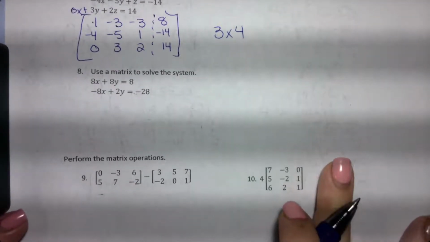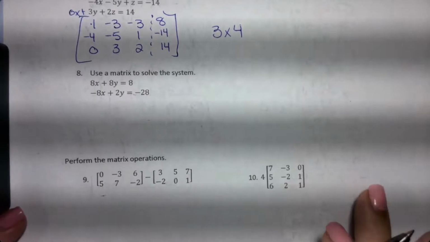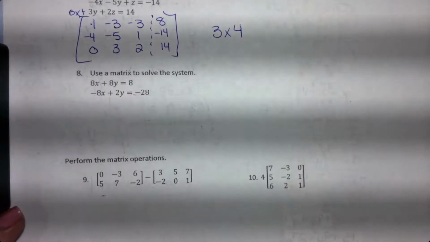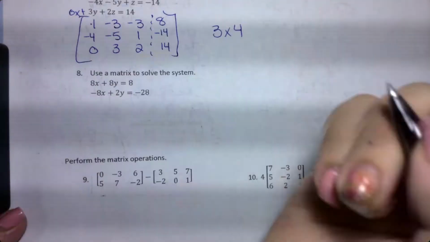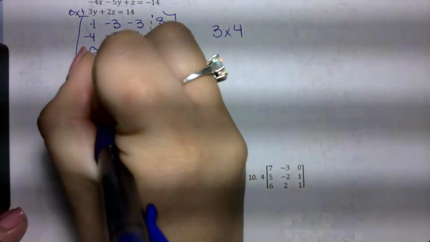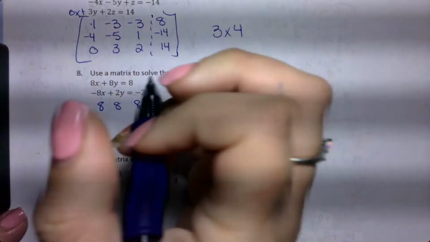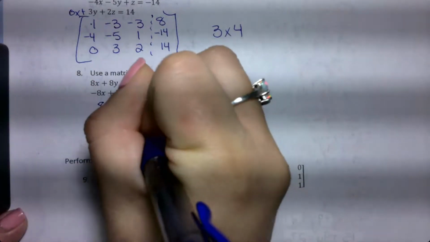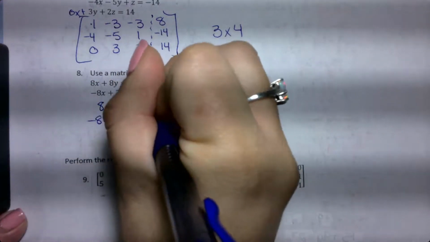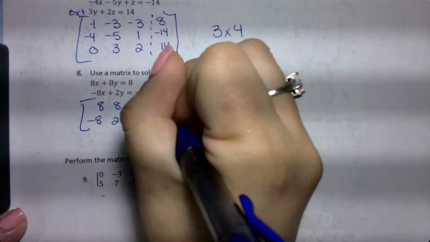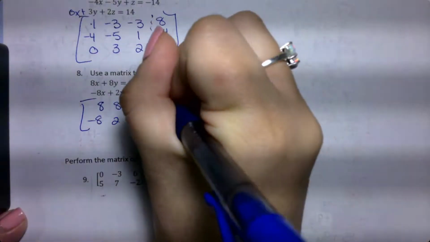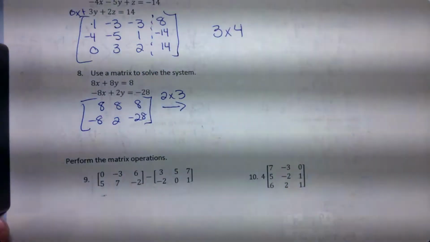Number 8 wants me to use a matrix to solve the system. Again, this one will be worth 2 points, one for your setup and one for your answer. So I want to see the matrix that you're using. It's going to be 8, 8, 8, negative 8, 2, negative 28. So then I'm going to write that. The dimensions for this one are 2 by 3, which I'll need to know when I go to type this